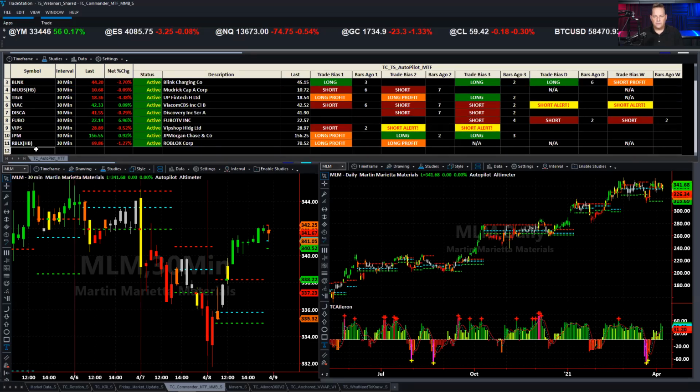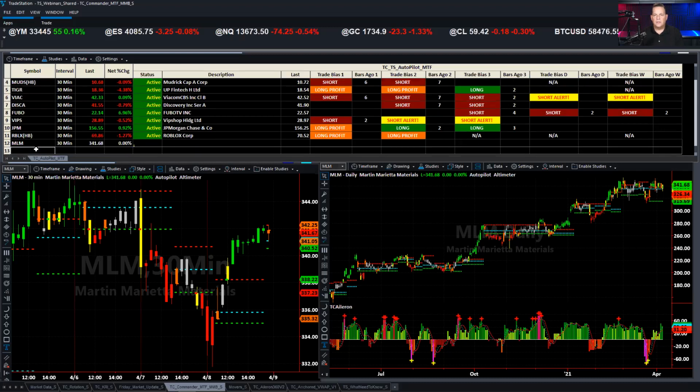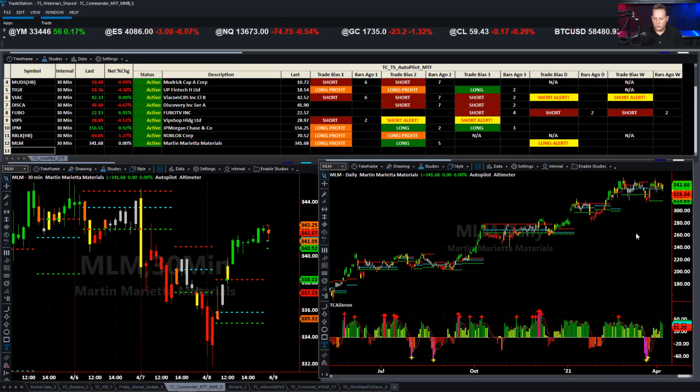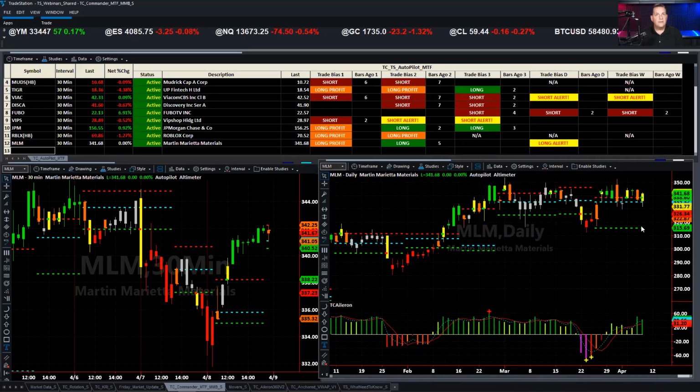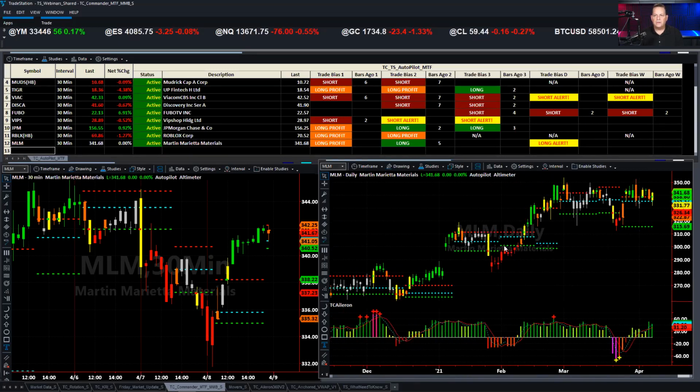So basically what it shows you is, let's go to the bottom here. MLM, enter. Okay, so we got a long alert on the daily here, which we see corresponds to our daily chart. It's yellow. Very easy to understand the colors here. So you got the yellow moving up. We got a long alert here. We got long on the shorter time frame. Weekly is kind of out. Right now, it looks like there's a big consolidation pattern. I talk about this. I find it really easy to do.